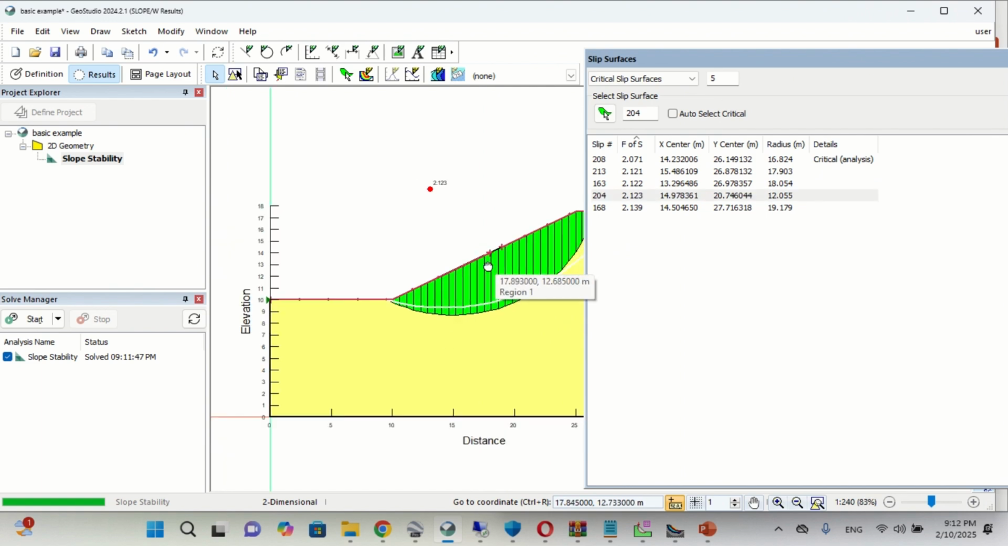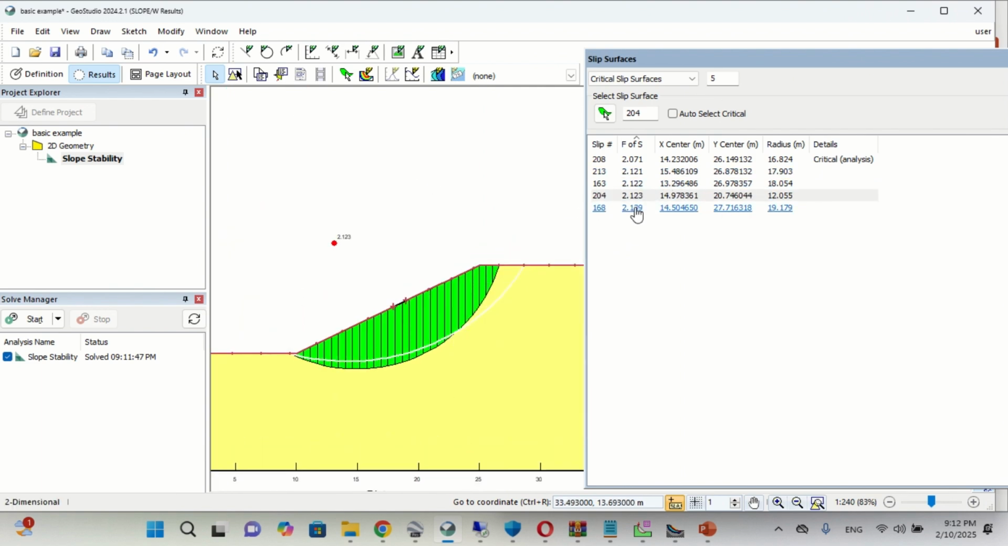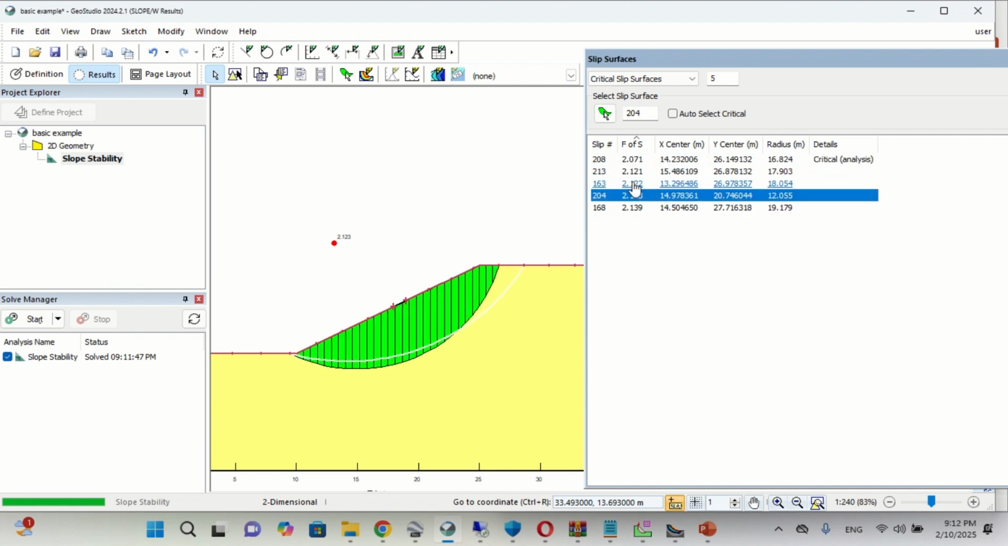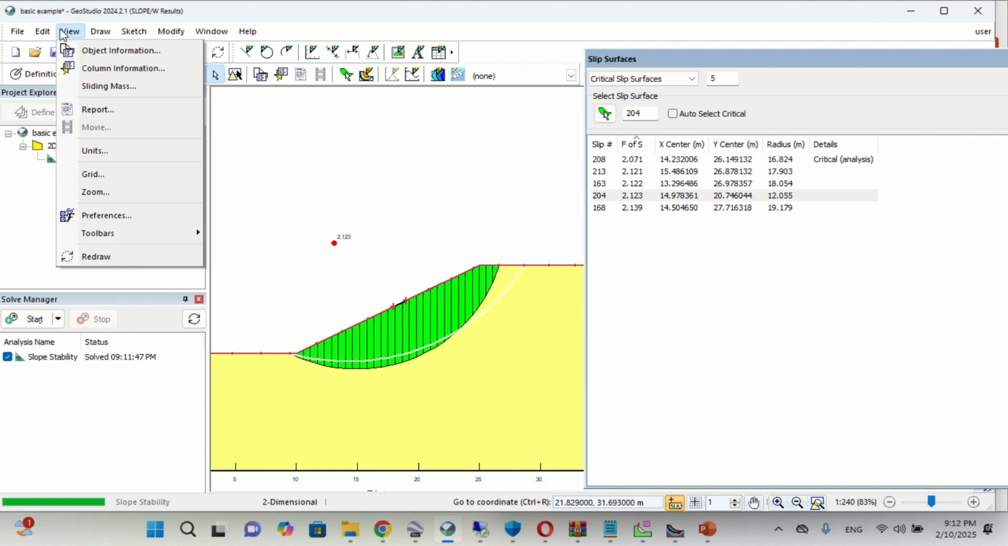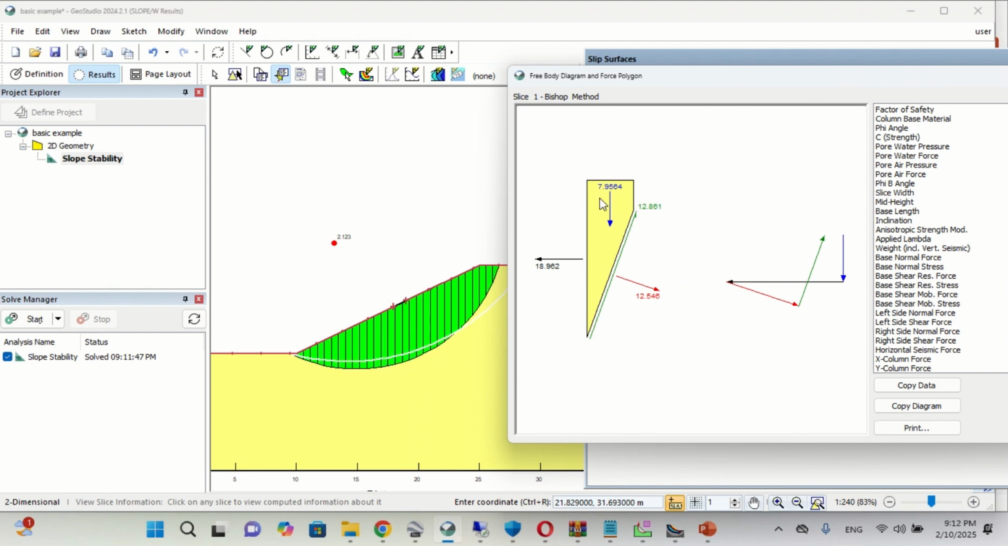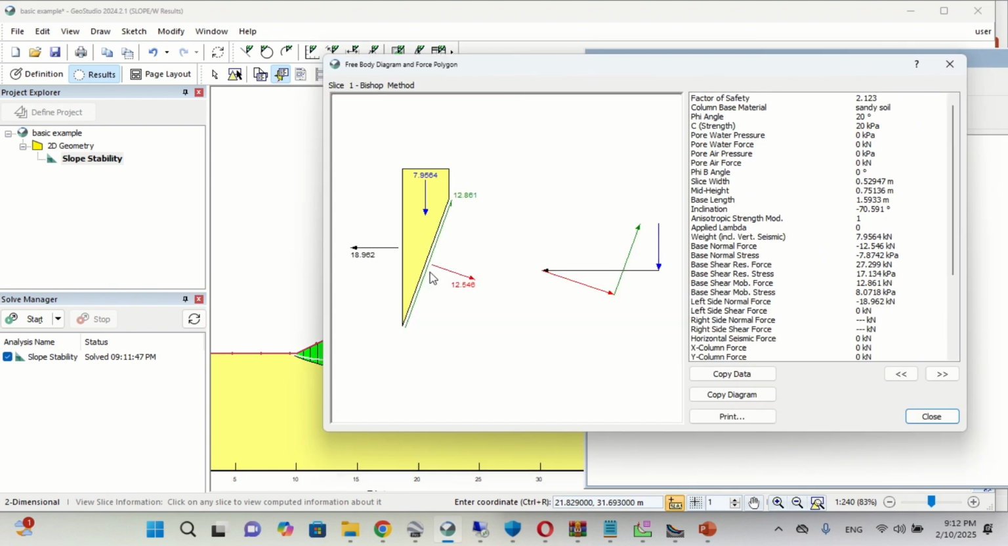One thing that you can see is you can go to view and go to the column information. For all of the slices that have been used in the analysis, you will be using this basic shear and the normal shear force. For each of the slices you will have these, and you can visualize one by one the various